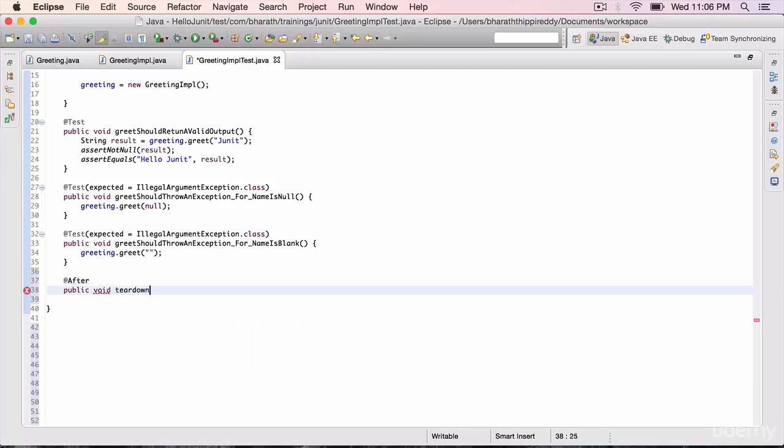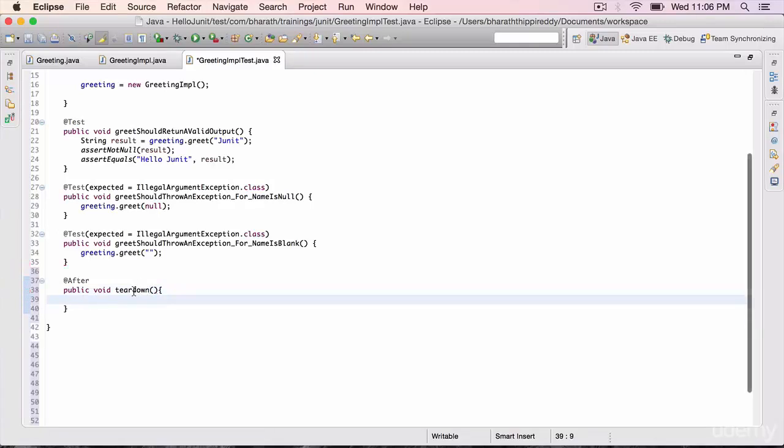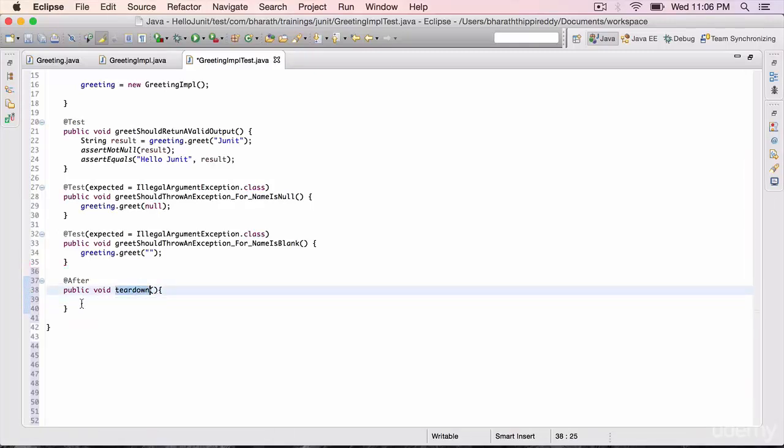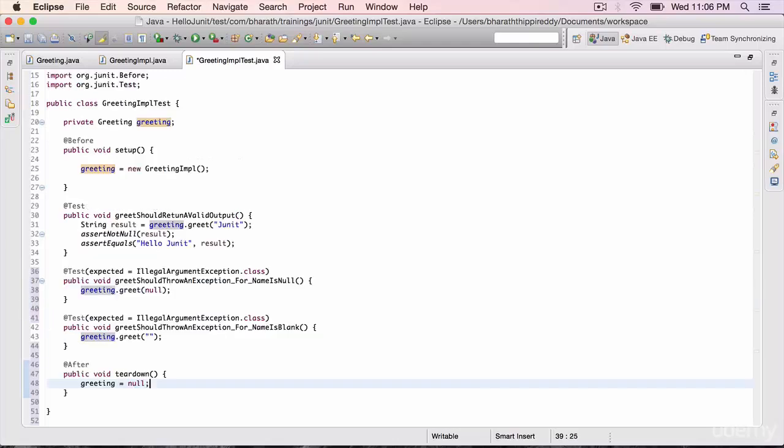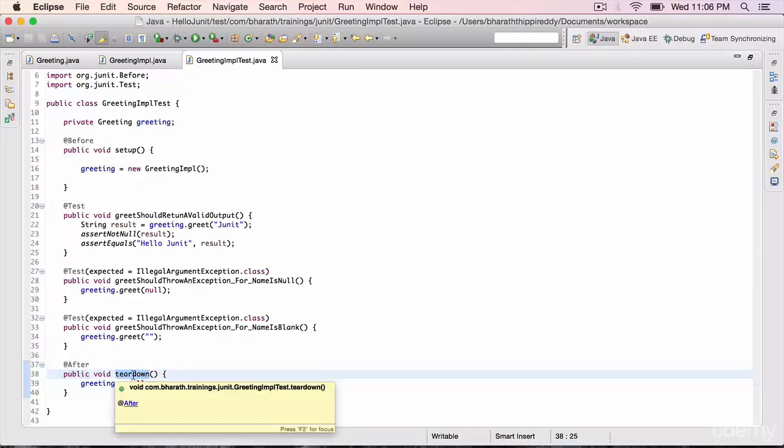General practice is tearDown, again from the earlier versions of JUnit, we call it tearDown, you can call it cleanup or whatever you want. In this scenario, we don't have much to do, simply take the greeting class instance, the global field, and make it null, which is very obvious, we need not do this. I just wanted to demonstrate how we should be using setup and tearDown methods. As our tests grow in size, we'll be using setup and tearDown in a better way.